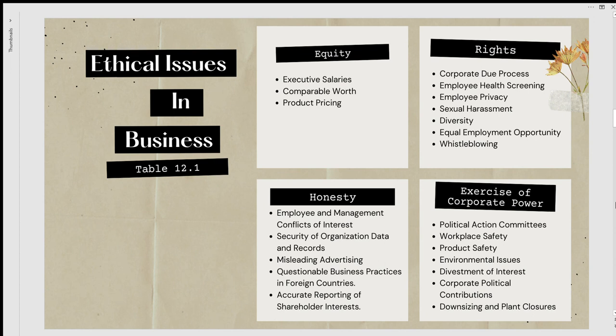Moving on to ethical issues in business, we have four contexts of ethical issues, and that is equity, rights, honesty, and exercise of corporate power. First, equity. So these are the ethical issues in business in the context of equity. We have executive salaries, comparable worth, and product pricing. One example is yung comparable worth. Comparable worth, ito yung male and female employees mo. They should receive equal pay pag nag-perform sila ng trabaho, and that involves